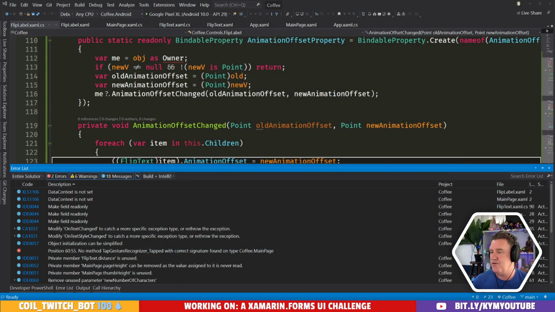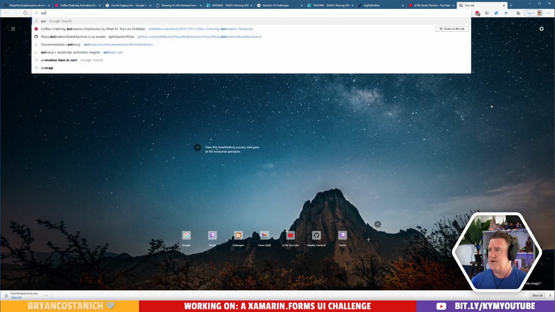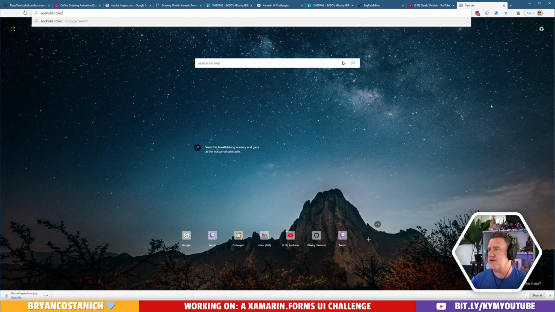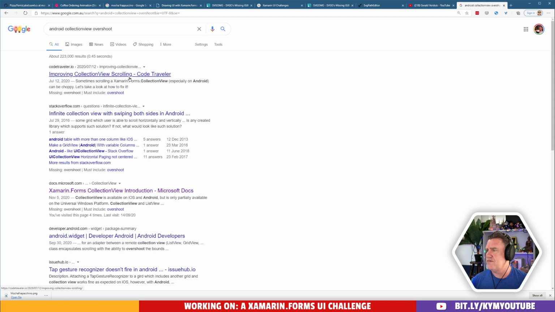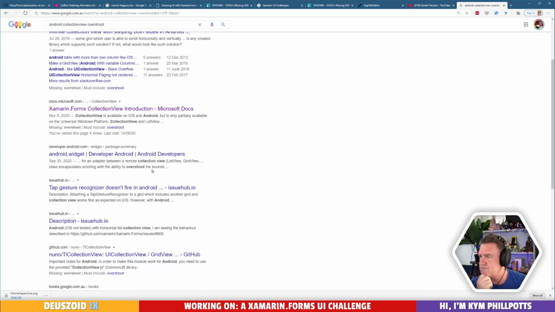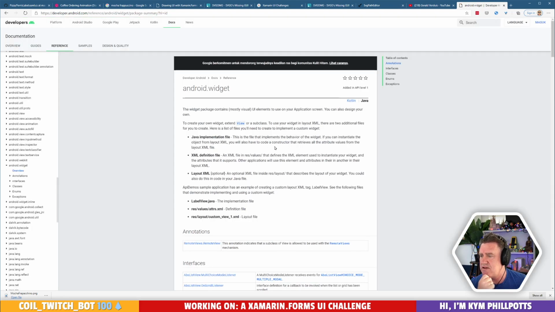Right. So normally, I guess what you'd want to have is, well, actually, I'm not sure whether on Android collection view, Android widget, you might find that it should just be available.